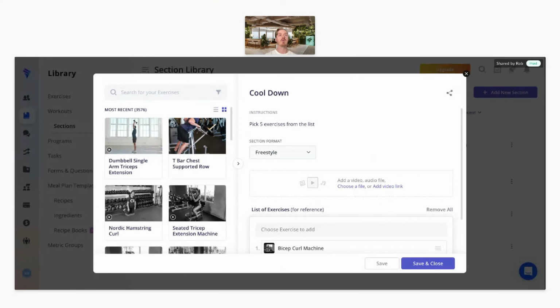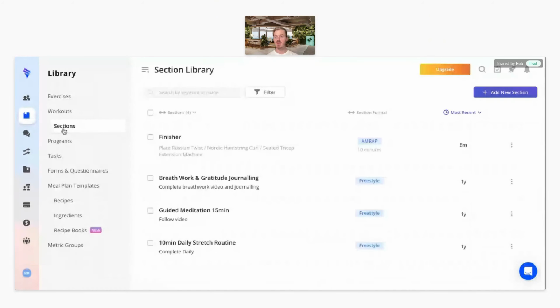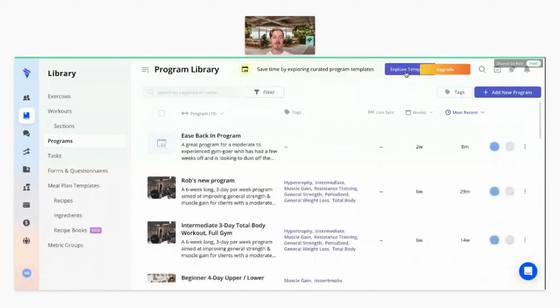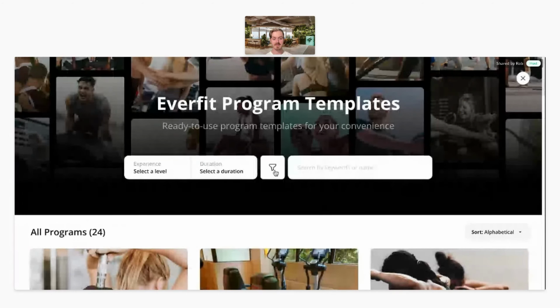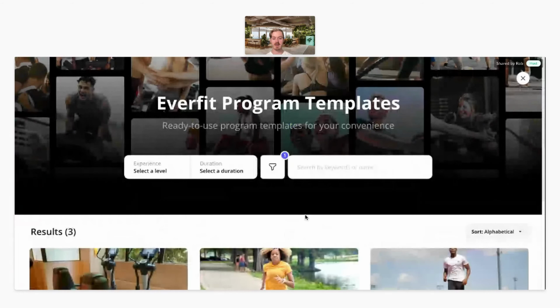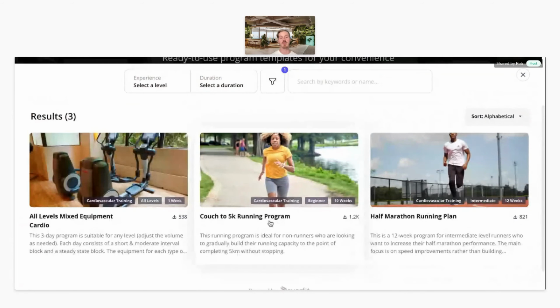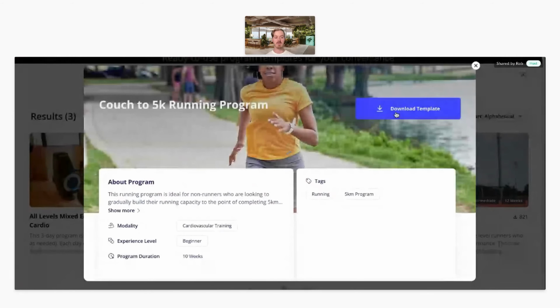All right, so hopefully that helps. All right, so Lauren, how would you do a couch to 10K running program? Is it possible to set up? Absolutely. I'll do you one better on that one. If you go to programs, you go to explore templates, and then if you filter cardiovascular training, there's actually a couch to 5K and a half marathon training program that you can download. So if you download that into your library,